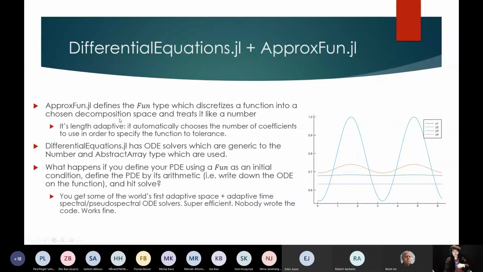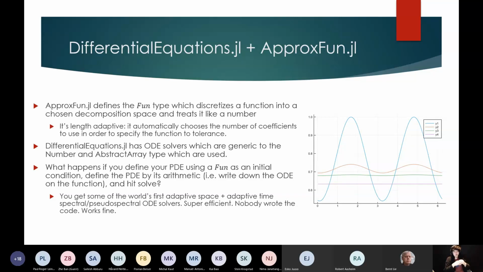Use a function that's like an L2 function inside of a Chebyshev space, and it treats it like a number. So you can add two of these functions, you can multiply two of these functions. So what we do is we make one of these functions be the initial condition into the ODE solver. We say that the ODE is to take the second derivative in space of that scalar value, and then we solve the ODE defined by this scalar, where that scalar is a function, and the solution is the heat equation, right? So this is a way to specify the heat equation as an ODE over function space.